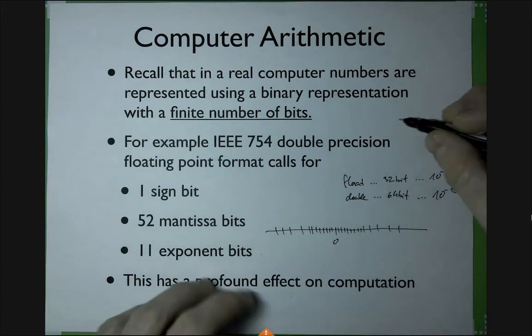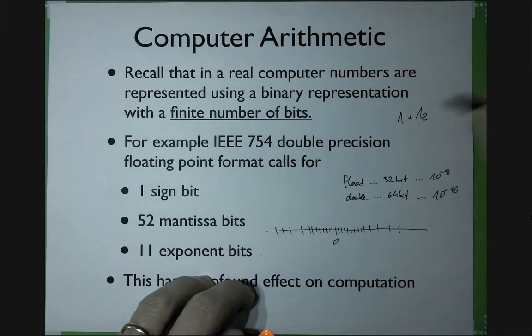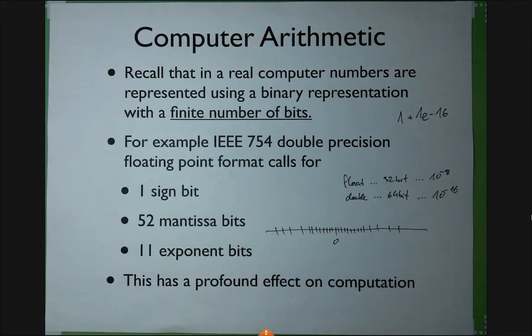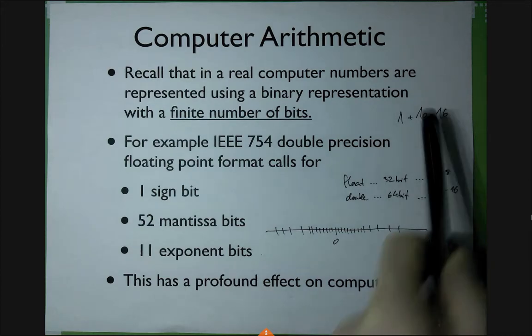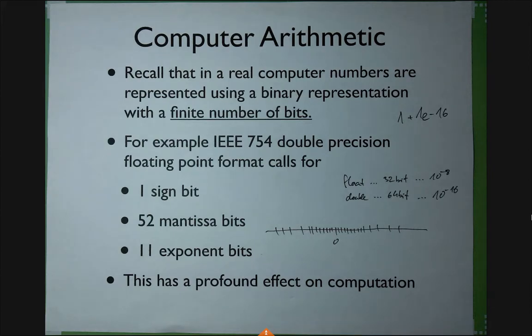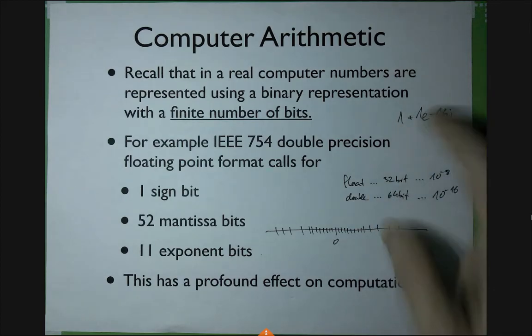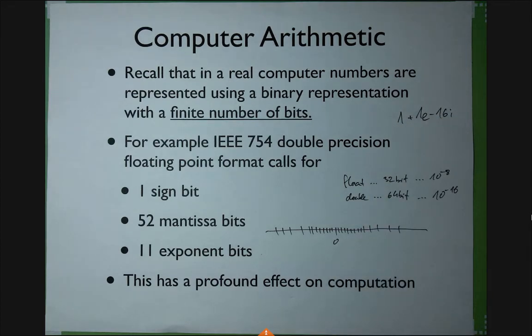You can try, go to MATLAB and type 1 plus 1e-16. What do you think you will get? So 1e-16, 10 to minus 16, that's some tiny, tiny, tiny number, right? What do you think you will get if you type this into MATLAB? 1, yeah. This will be rounded down, so you will get just 1. This will be completely forgotten. That's the rounding error. There must be a rounding error because you only have 64 bits, right? If there was no rounding error, in any real number you could represent infinite information, right?